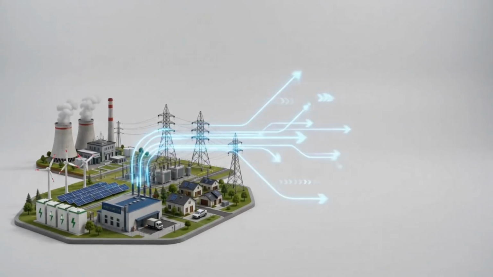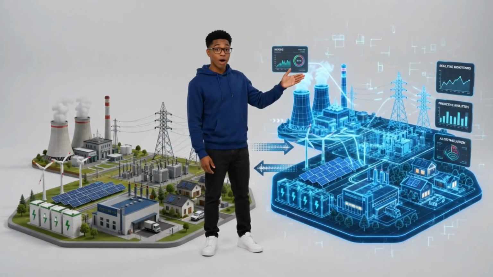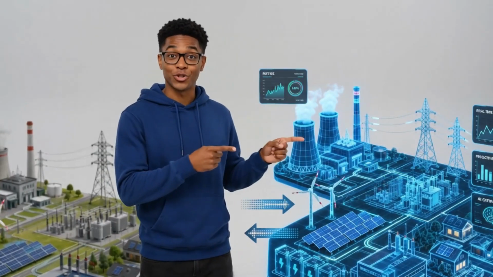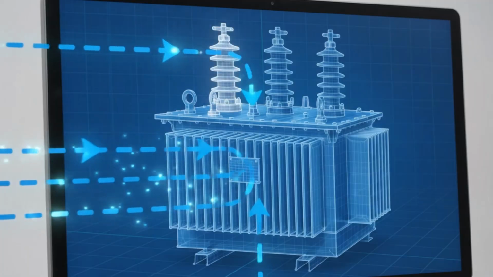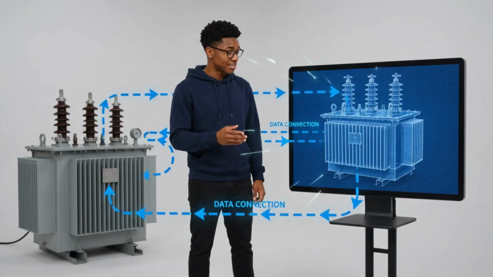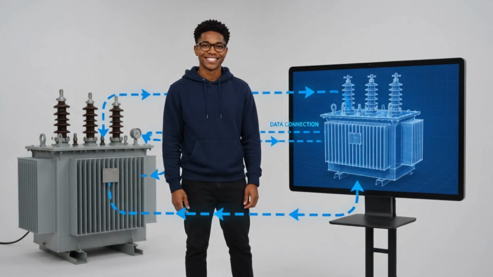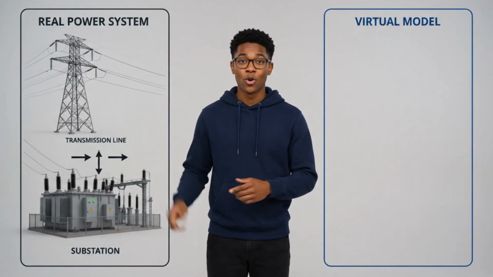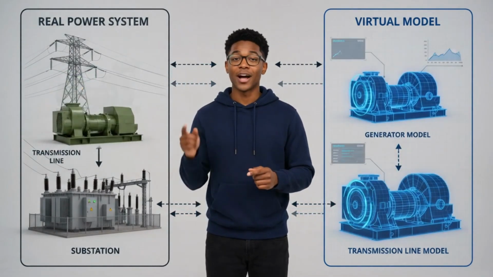What if engineers could create a virtual copy of an entire power system and use it to test problems before changing the real grid? That's the idea behind a digital twin. A digital twin is a virtual representation of a real physical system that is connected to information from the real world. The physical system exists in the real world, while the digital twin represents that system inside software, where engineers can